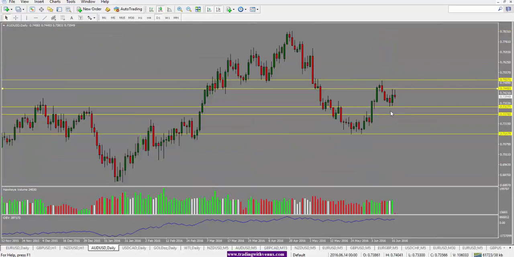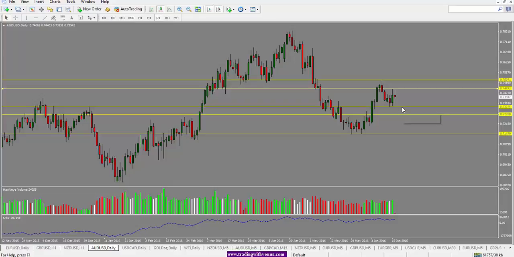Looking at Aussie US dollar here, this is more of a range bound market here. We have seen it go and test the high at 0.7450. However, it wasn't able to hold above that, and the lower level has been at 0.7320 level here. So now we will look for the price to come and test the 0.7450 level. If it holds below this level, we're looking for a sell. If the price holds above 0.7320 level here, we're looking for a buying opportunity and treating this as a range bound market, selling at the top and buying at the bottom.